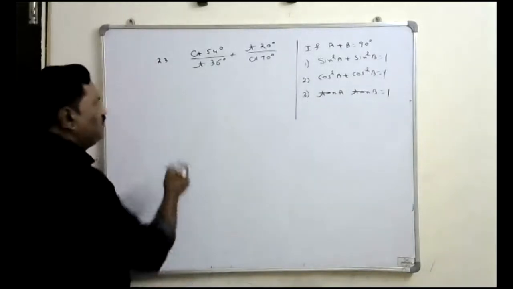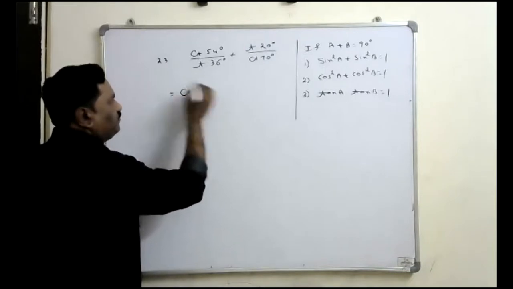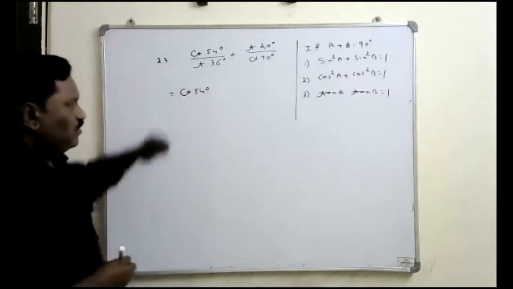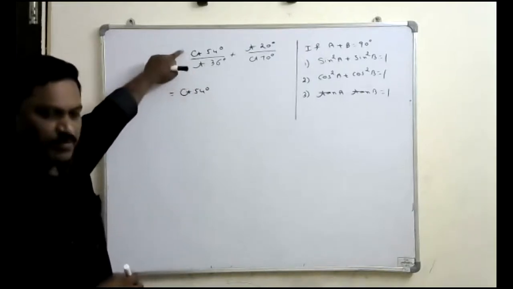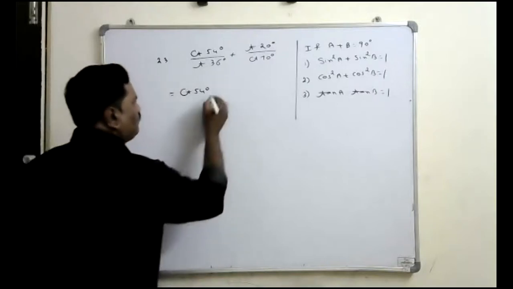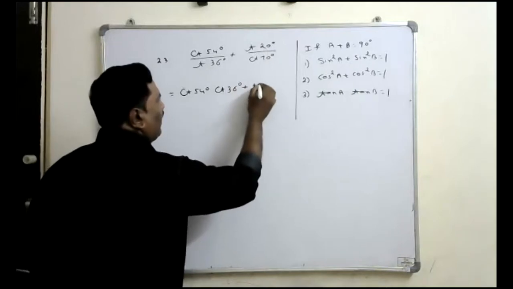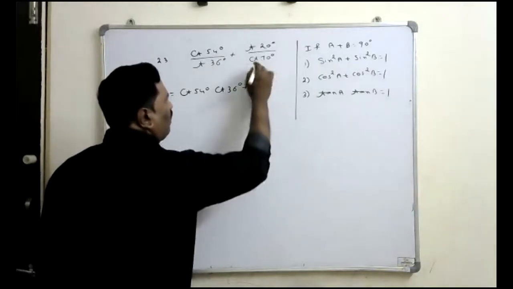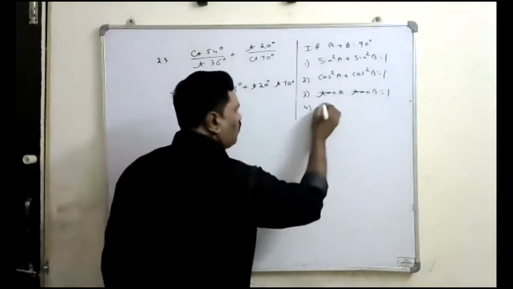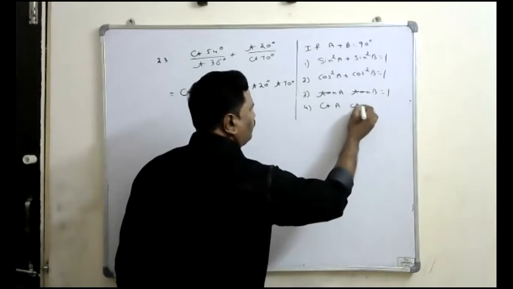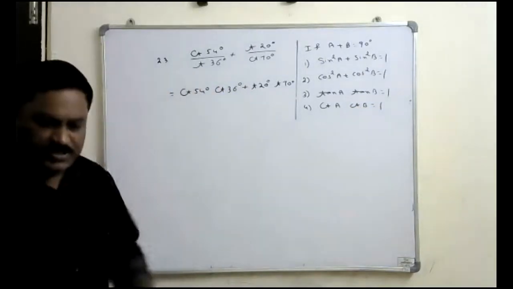Okay. Now, you can also write it like this. It is cot 54 degrees, and here tan is there. This is 1 by tan 36, and 1 by tan we can write as cot 36 degrees. Like that you can write it. Plus this tan 20 degrees into 1 by cot, again I can write tan 70 degrees. Here, of course, cot A into cot B is also 1 when A plus B is equal to 90 degrees.